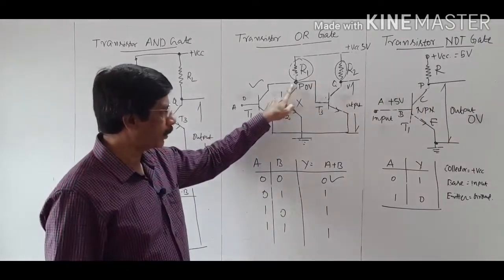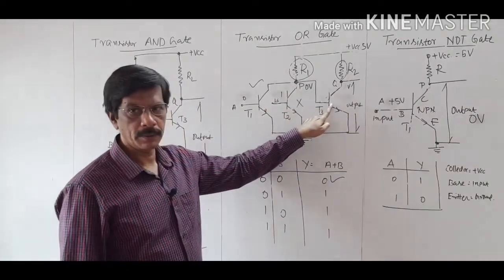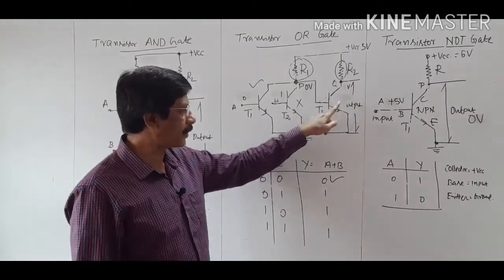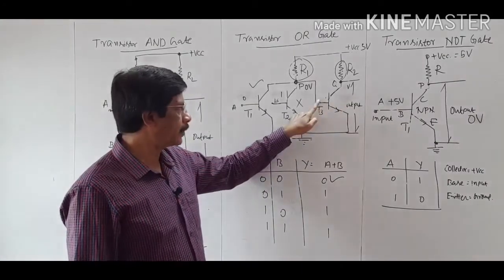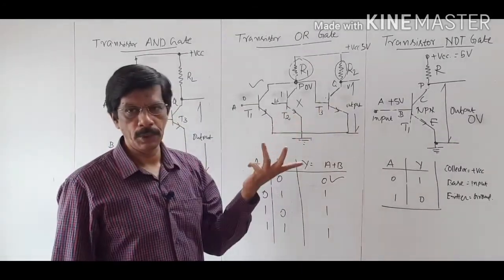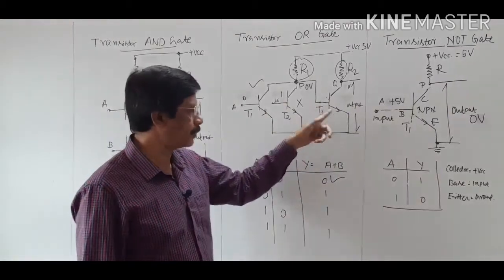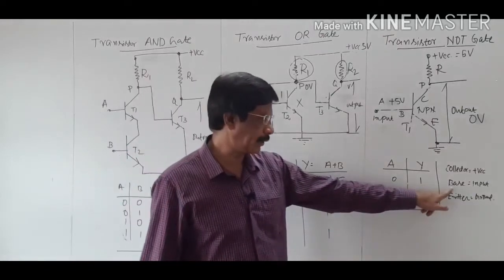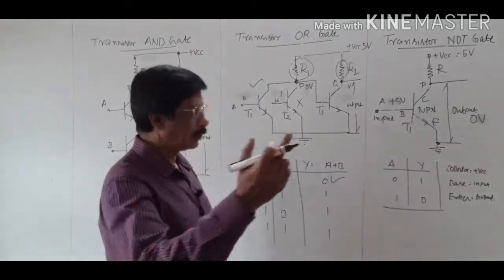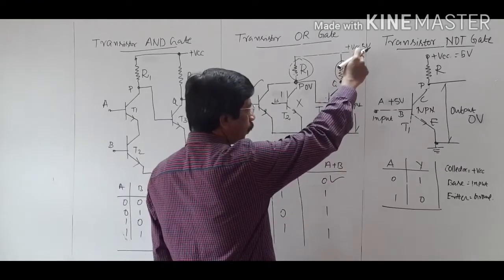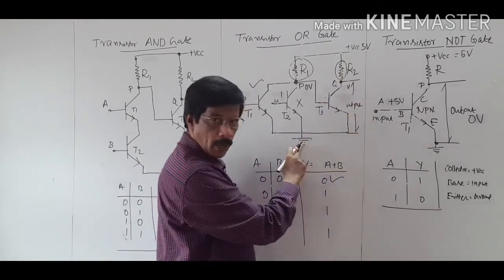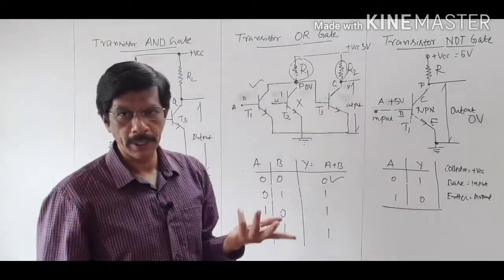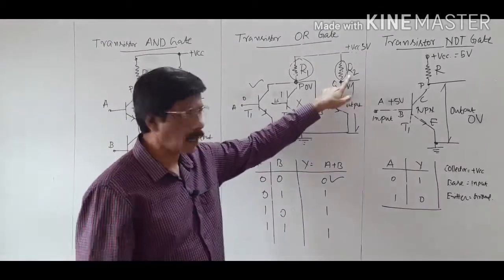This 0 volt is connected to the base of the transistor T3. What is the state of transistor T3? Base is 0, no input. When the base has no input, definitely this transistor is in the off condition. The second condition, off condition. Even though the collector is connected to plus volt and the emitter is connected to ground, with no base input it is in the off condition. No current generation, no drop across capital R2.